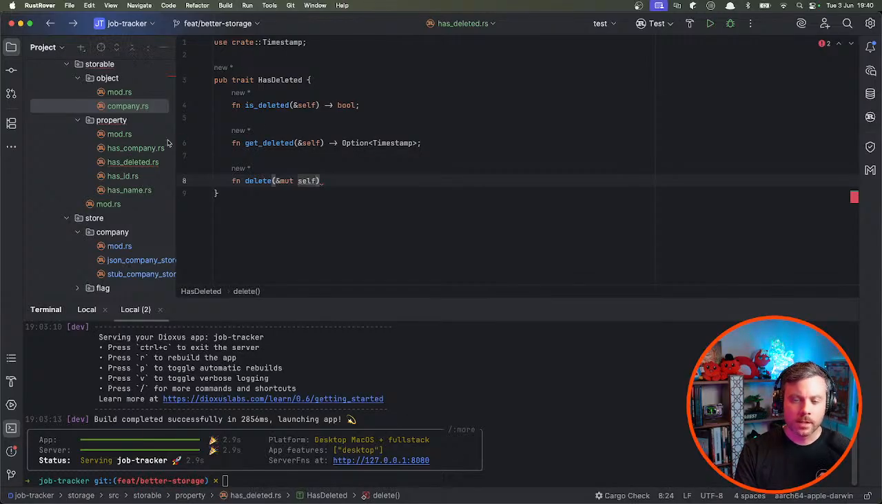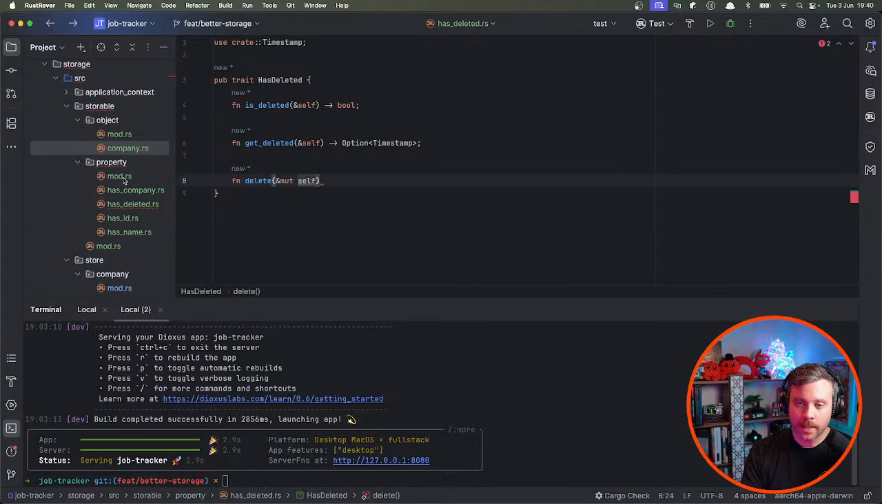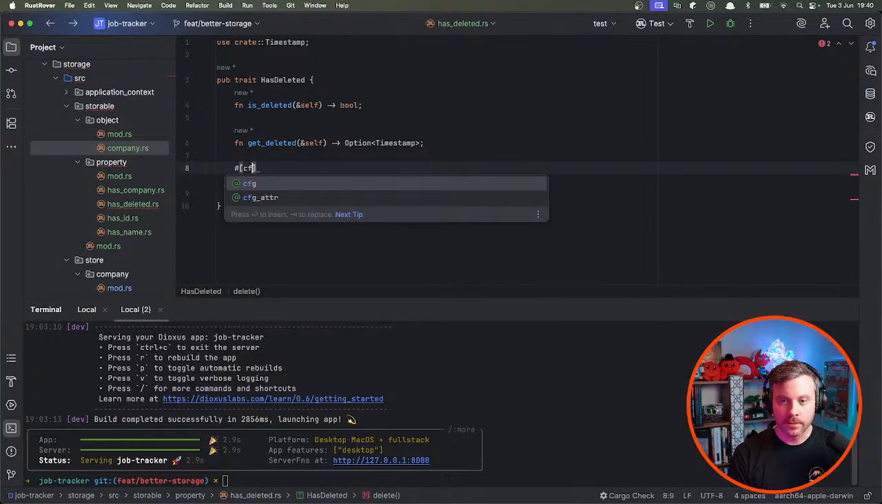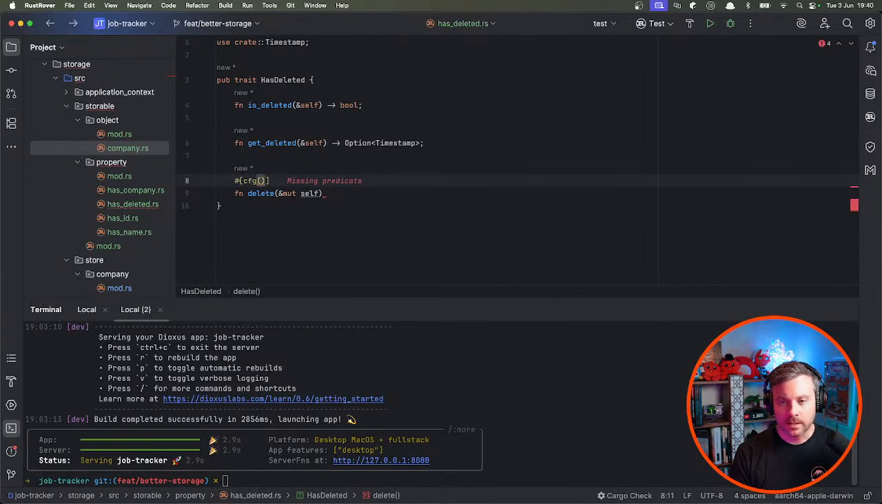Okay, so I'm going to go into this as well. This one's a bit more complicated. Again, I'm building a desktop application. Getting the time on desktop is fine, but getting it on web in the front end is not fine, as it turns out. What I might do is mark this with a conditional compilation tag, cfg, and then